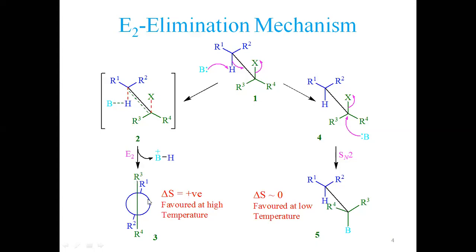Either this is E2 syn elimination or anti-elimination, so it doesn't make any difference. But with this, what is competing? Elimination is competing with substitution. So substitution entropy is unchanged. So Gibbs free energy of reactant and product is approximately same, not a big difference. It means maybe they are in equilibrium with each other.